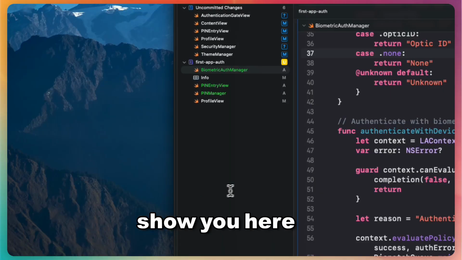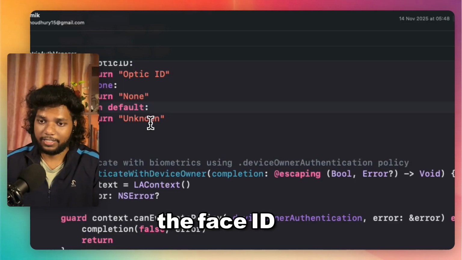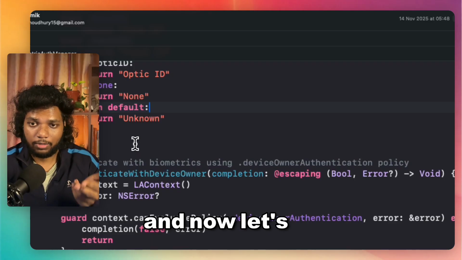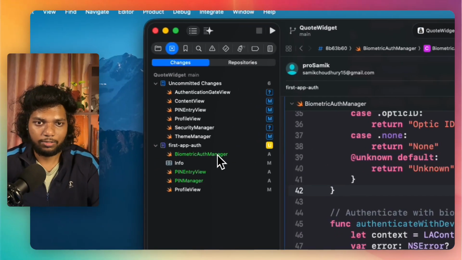So I just wanted to show you, yes, I have implemented that, but that is only available via the Face ID which I have to give. So that is implemented, which you have already seen, and now let's get into the code. So you can see right now I have this particular file. So if I open this